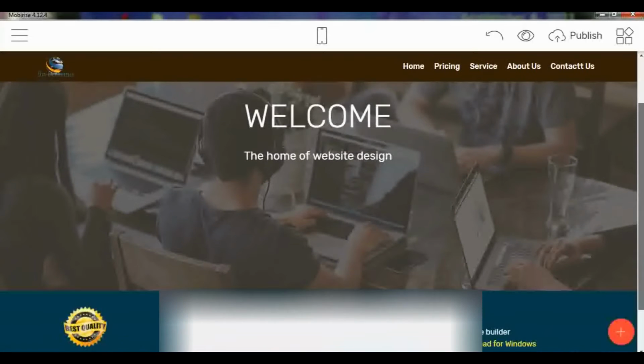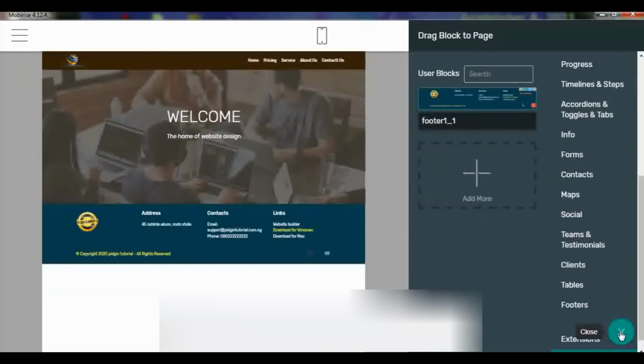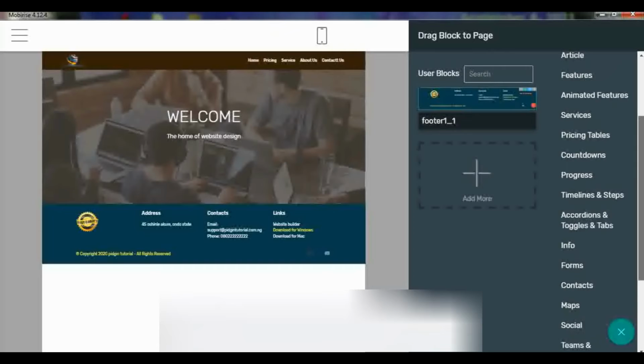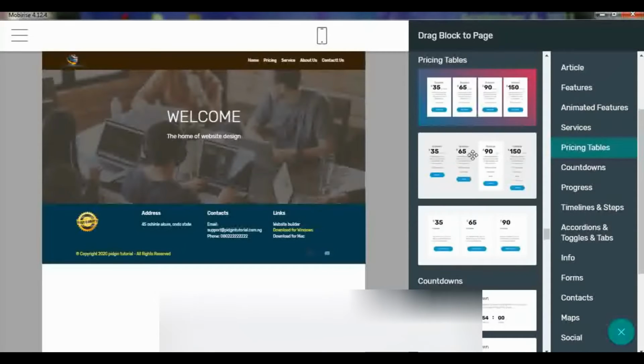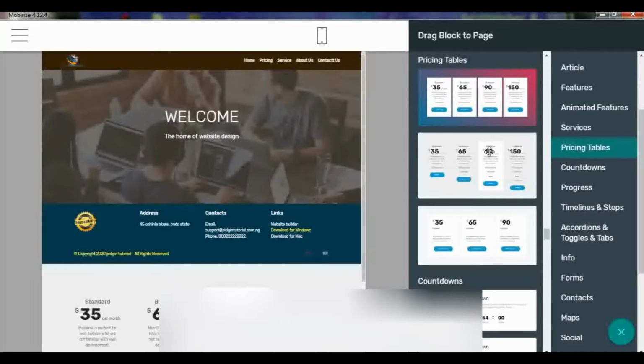So we will leave it like that first. To add the pricing page, we come to this red button with a plus inside to add a block to the page. We just click inside. As we click inside, they will show where our pricing blocks are, the pricing table. So we'll click on this pricing table. We'll now select among these three pricing tables the one we like, and anyone you like you can select, but I will also select the three commas so that you can see how they will look.